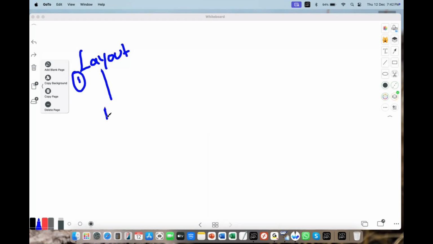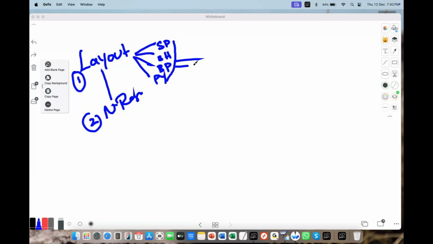To the layout, number ranges are connected, that is second step. Now, how many layouts we made? Sold to, ship to, bill to, payer. SP, SH in short, BP, PY. So these four layouts